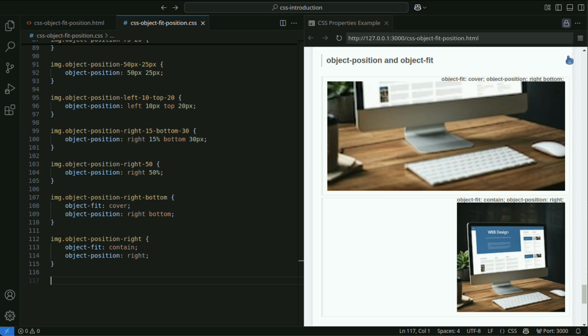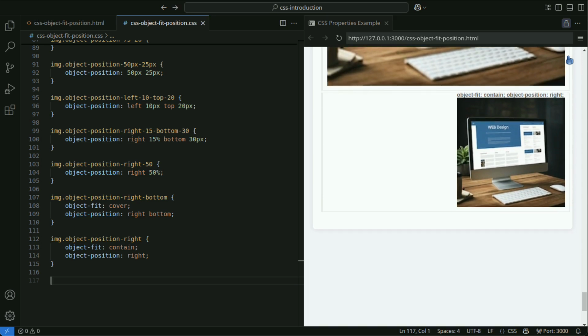None. The image is displayed at its original size. For example, using object fit contain displays the entire image and positions it according to the object position setting. With this setting, the image is placed on the right side of the container and the entire image is displayed.